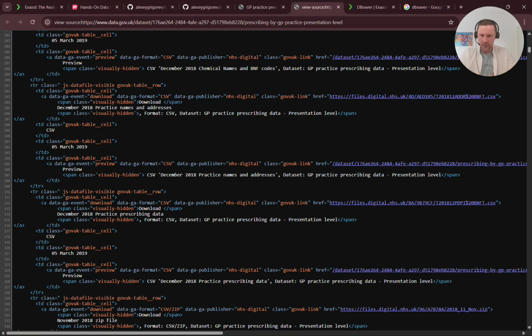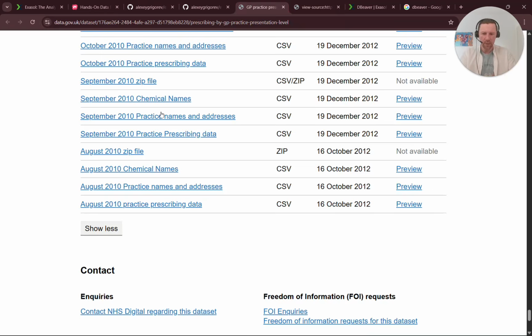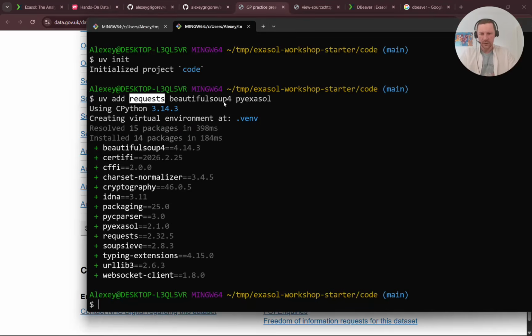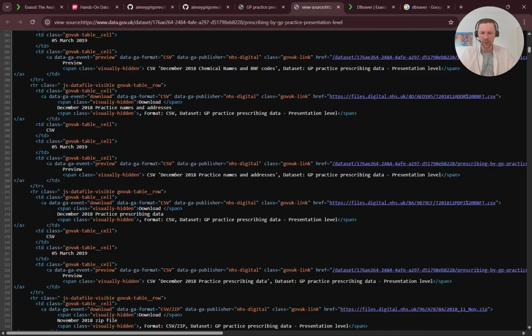I think there are some inconsistencies. I remember for some months, they use, for example, the usual \n ending. Sometimes there is one less column than in other cases. So that's why we want to count the number of columns. We want to know if there's a header or not. We want to know what the row separator is, meaning the line ending. And we do this by downloading the first 4 kilobytes of the file,